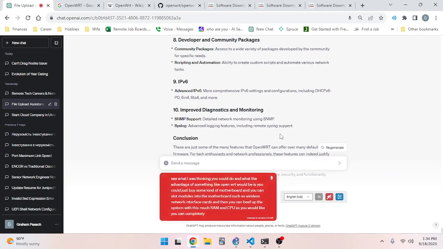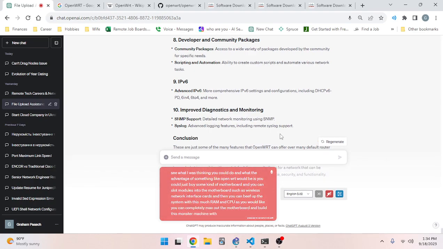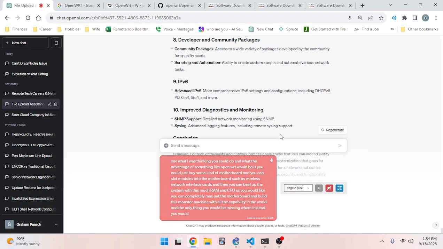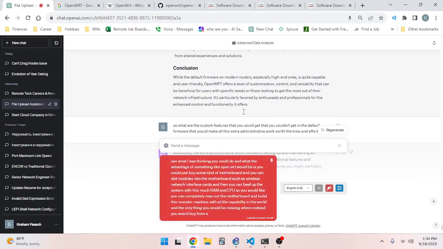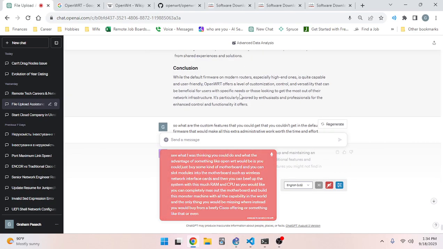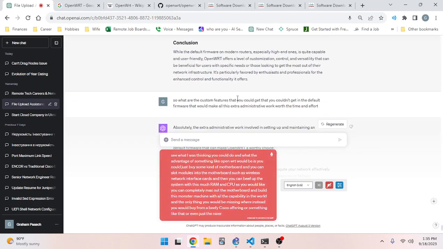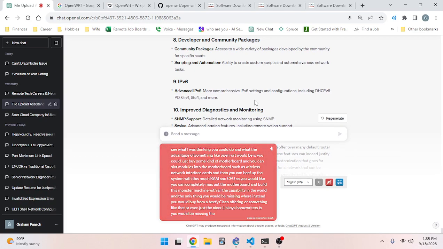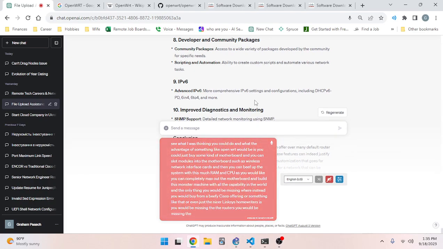You can completely max out the motherboard and build this monster machine with all the capability in the world, and the only thing you would be missing, where instead you would buy from a beefy Cisco offering or something like that, or even just the nicer Linksys home routers, is you would be missing the wireless routers' firmware, but you could just install